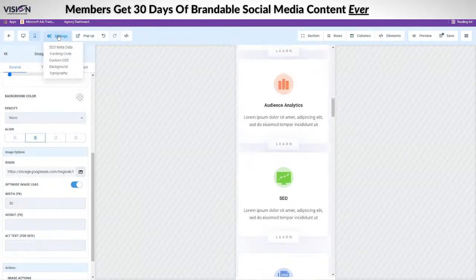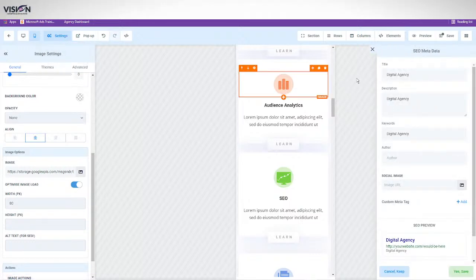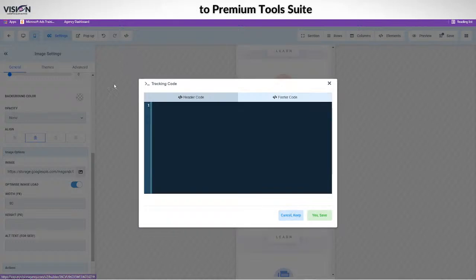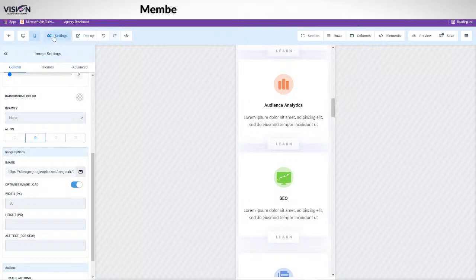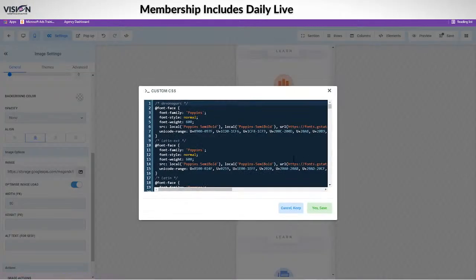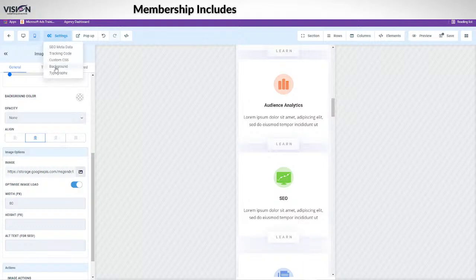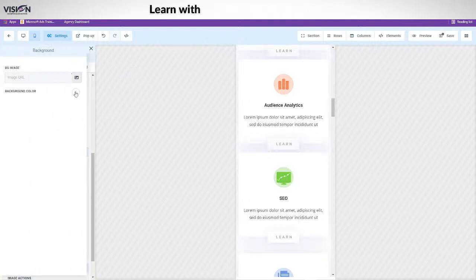Okay, so if you go to settings, you have the SEO data here that you can customize. You also have, if you want to add a header code or a footer code to just this page, you can do that there. If you are someone who likes to use CSS, you can access that there. You can also add an image to the background here.